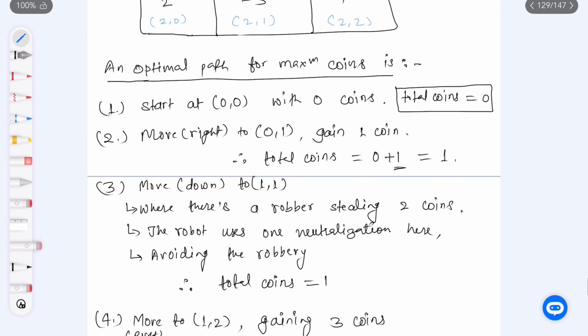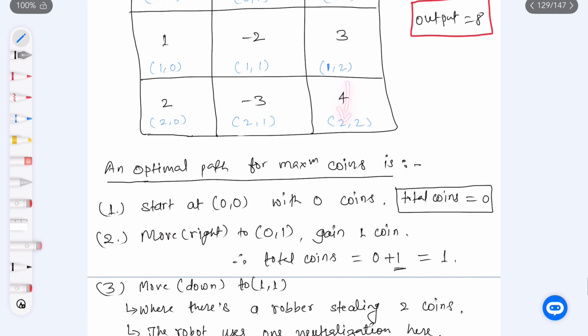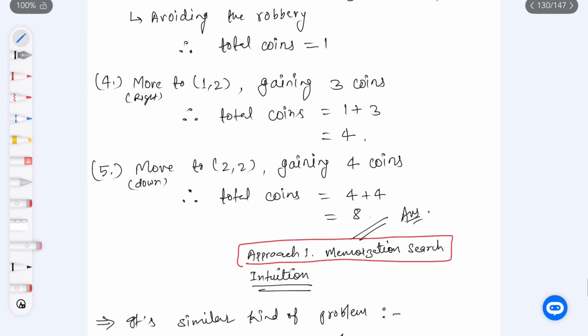After reaching this position, we have to move either right or down. The boundary condition is completed, it means you will go only down. So you will reach the last position, that is 2 2, and you get the coin 4. The previous was 4, the new one is 4, 4 plus 4 is 8, and you got